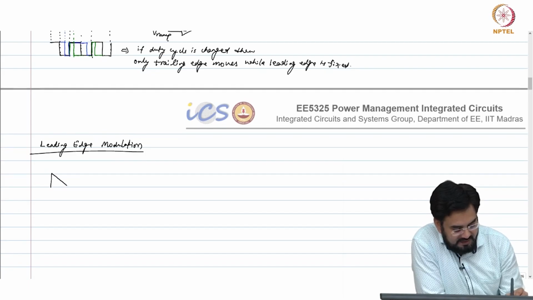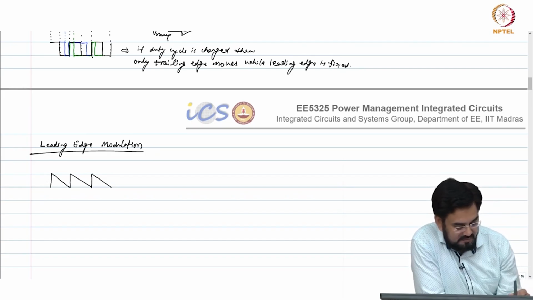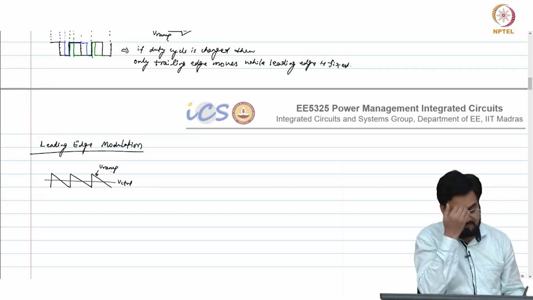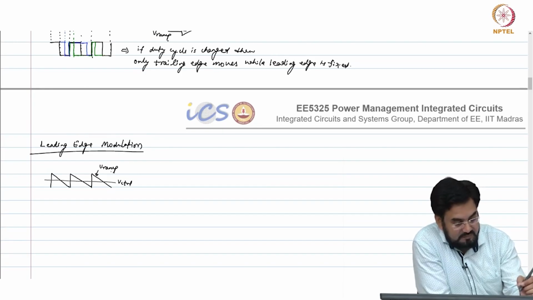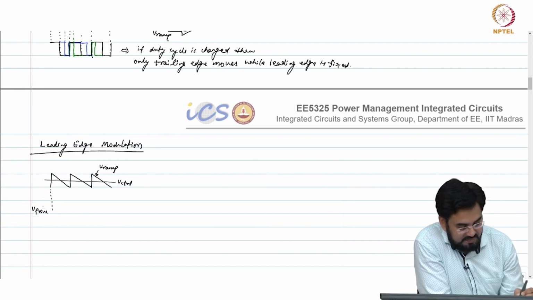So if I take V ramp like this, an inverted ramp, and now do the same thing, this is VCTRL and this is your V ramp. If I want to plot VPWM,